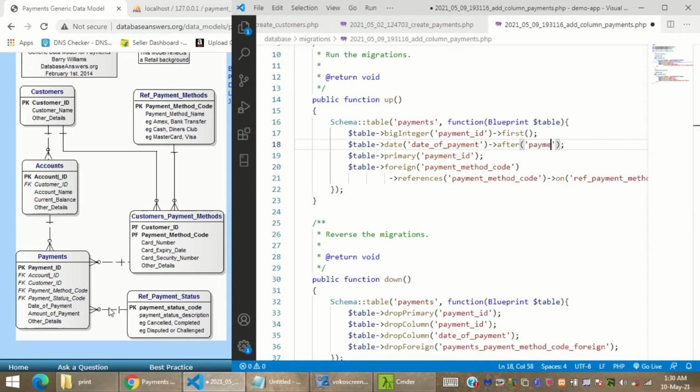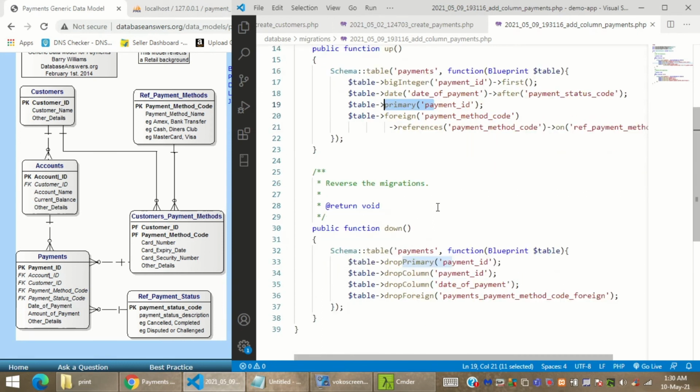So I'm just going to type over here payment underscore status underscore code. Whew, it's very much easy. So with this thing, I'm also going to type over here, rather than specifying index name, I'm going to specify column name, that is payment method code with an array.